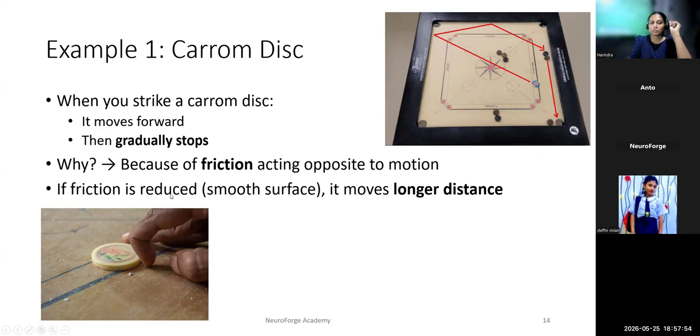Okay. What is the concept here? When you strike a carom disc, it moves forward. But why does it gradually stop? Because of friction. Friction is acting opposed to the motion. And second example,